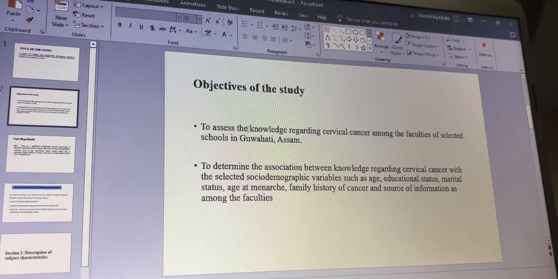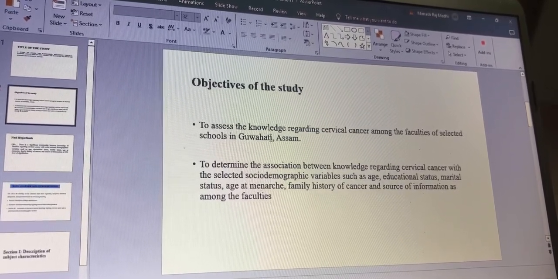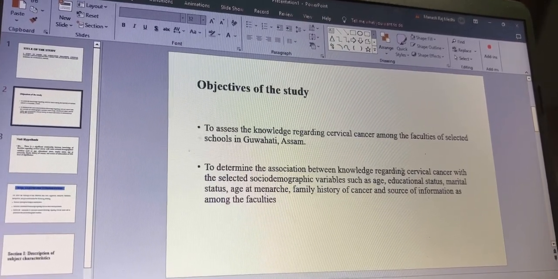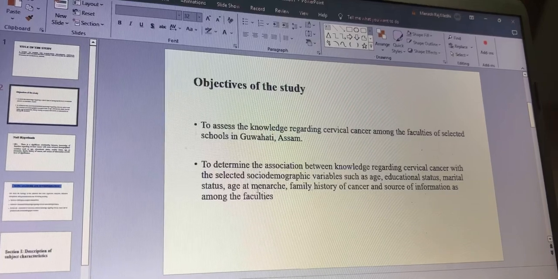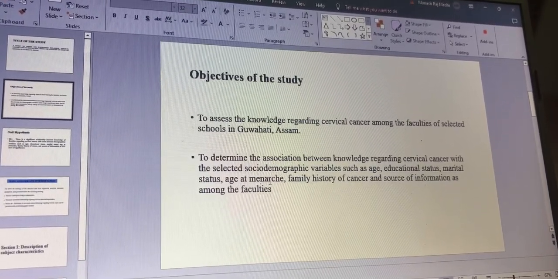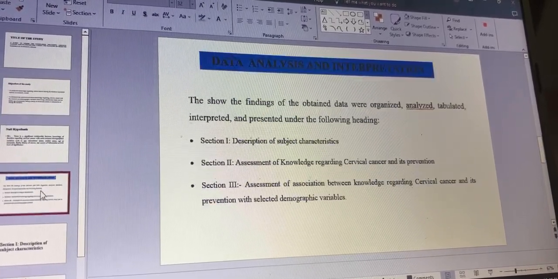First one is to assess the knowledge regarding cervical cancer among the faculties of selected schools of Guwahati, Assam, and the second one is to determine the association between knowledge regarding cervical cancer with some selected socio-demographic variables like age, educational status, marital status, age at menarche, etc. So for this objective,